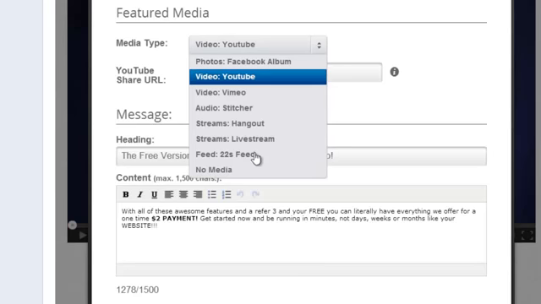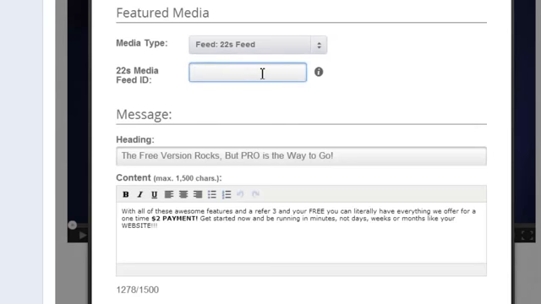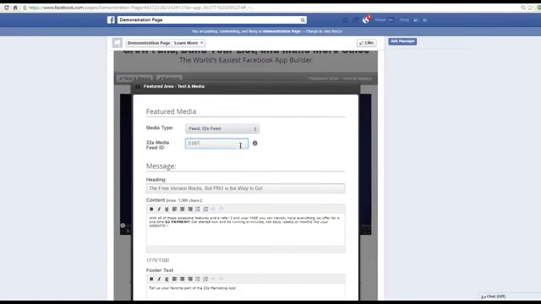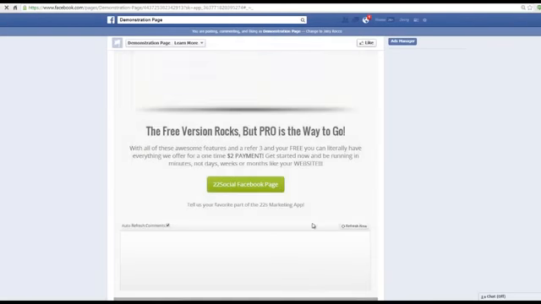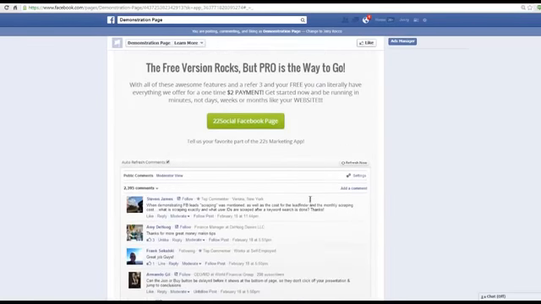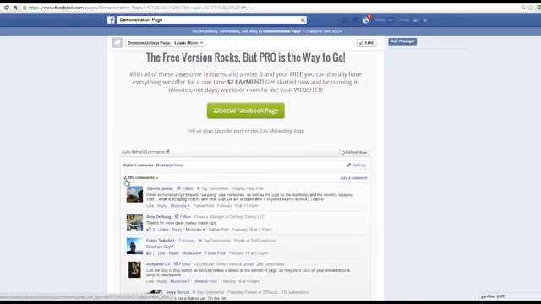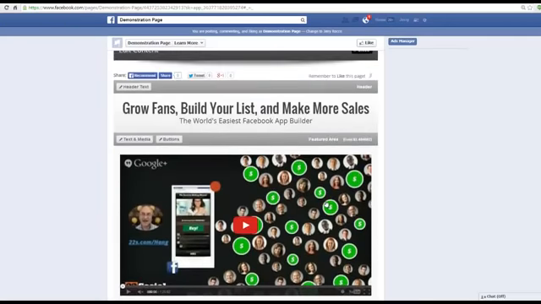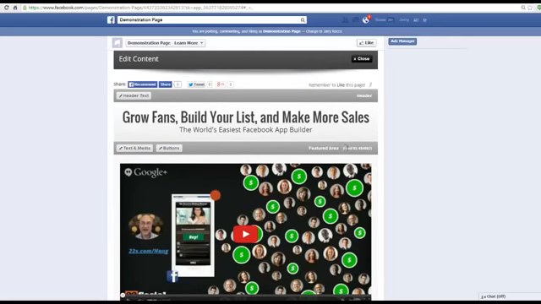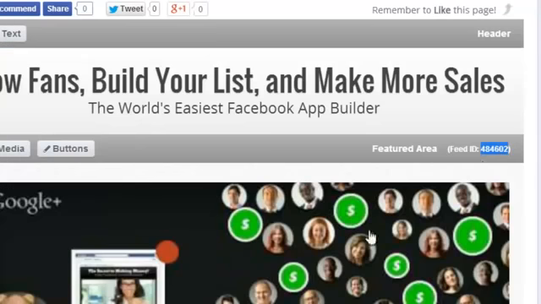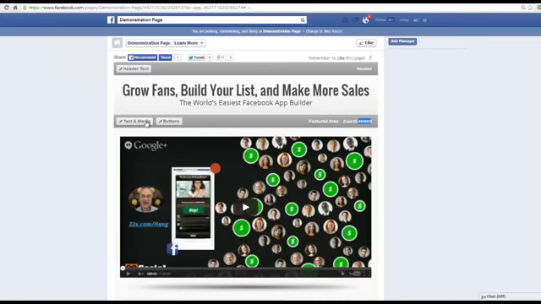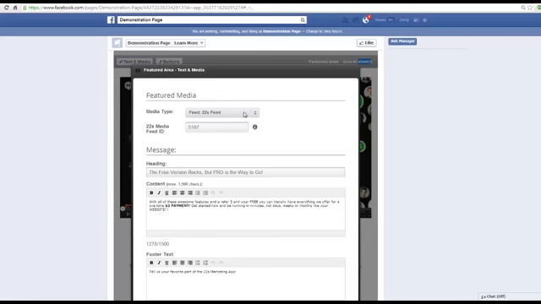And what I mean by that, let me actually put it on feed real quick. So if I put in 5167, that's actually a feed from another page. Let me click preview. Now you can see the comments. There's over 2,300 comments because that's a feed from another page. It's actually the feed from our live page. The feed of this page is actually right here. So if somebody put in this feed in their page, they would have the same media and comments that are right here. But I'm going to go ahead and leave that just on my video, just for those purposes,